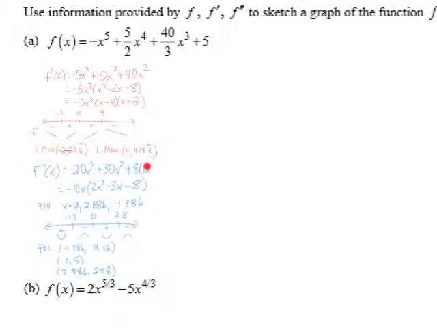Alright, so I took the second derivative, I factored it. I couldn't factor it further because this doesn't factor, so I used the quadratic formula to identify the possible inflection values, and I ran a number line chart with f prime prime and located where the points of inflection are. And so what we can do with this is then we can draw a graph based on all of the